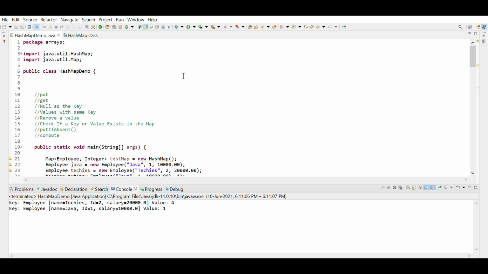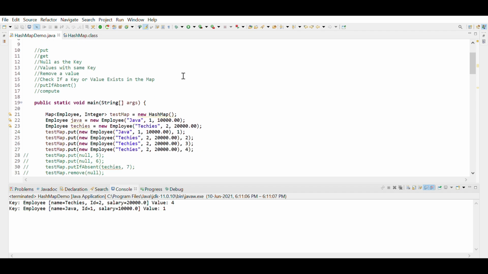We will also see the behavior of the hash map with null as the key and multiple null keys, and with values for the same key: if the key is the same, it will replace the value with the latest one you put into the entry. We will also see how to remove a value and check if a key or value is present in the map using containsKey, and we will see the functionality of the putIfAbsent and compute methods. So let's go over these one by one.